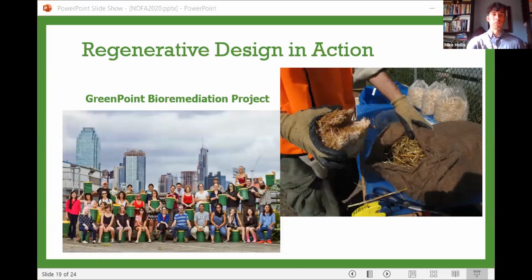The Greenpoint Bioremediation Project. So this is a waterway remediation project that is using these, you can see over to the right, mycelium-laden packets for oil bioremediation in the Newtown Creek. So the Newtown Creek is a Superfund site. It's a waterway that's had really major contamination from oil and industrial chemical pollution over the last 50 to 100 years. And the efforts for that have largely been community-led in terms of cleaning much of it up with